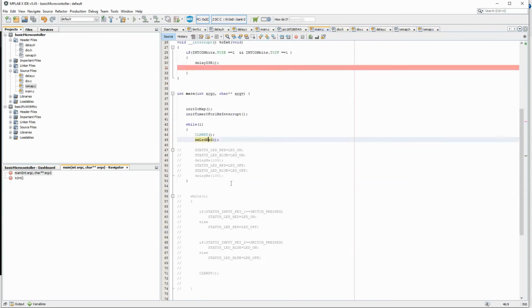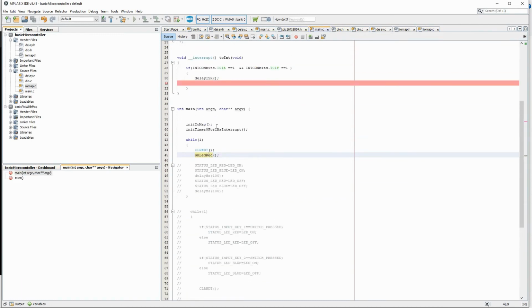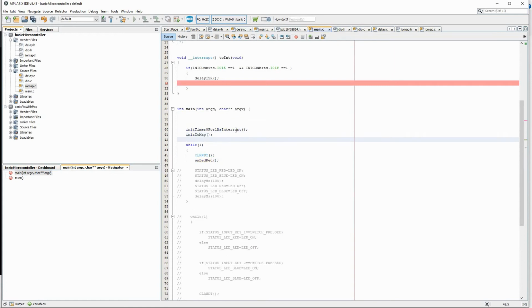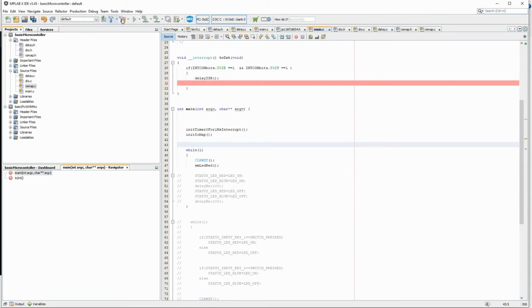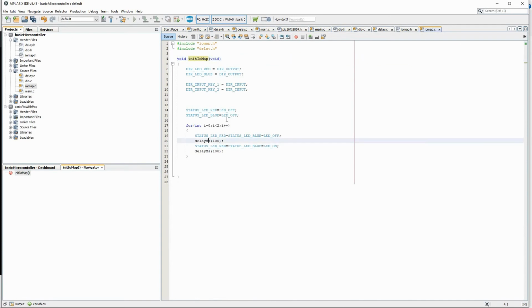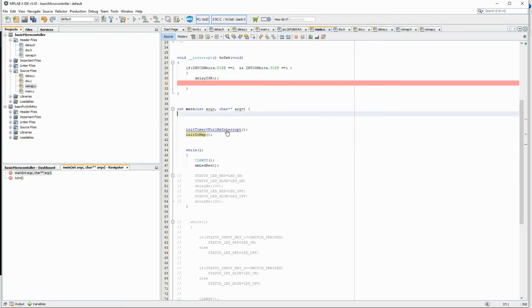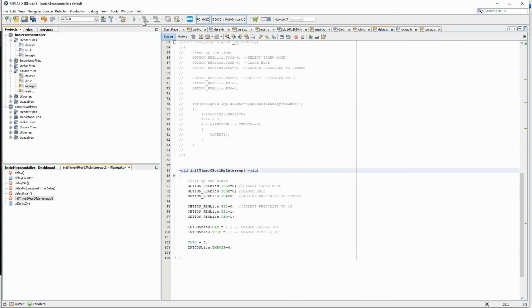If I come to main, I have to do this. Else what was happening was I went to IO map, I called delay, but the delay was not initialized until this command is executed. Here only I was initializing the delay.